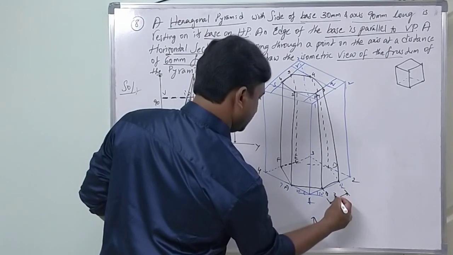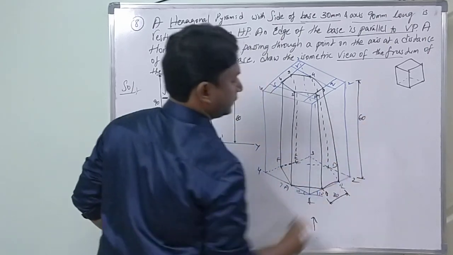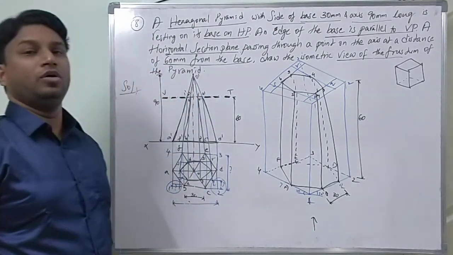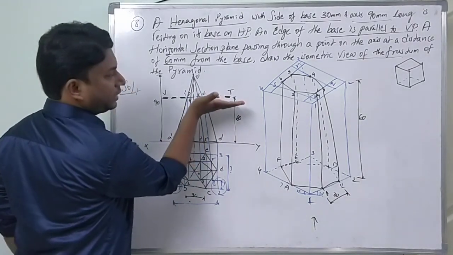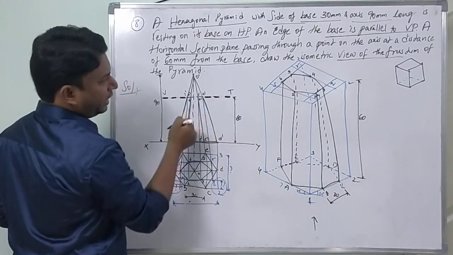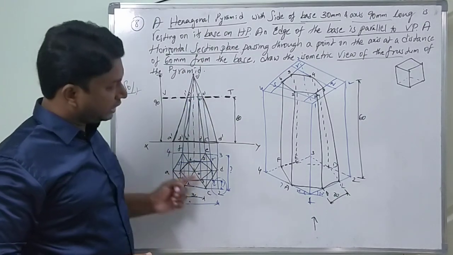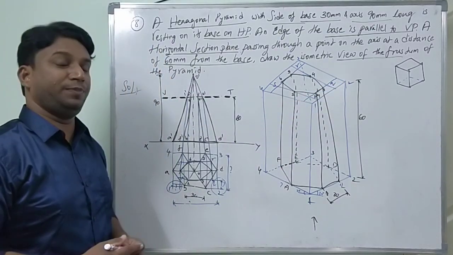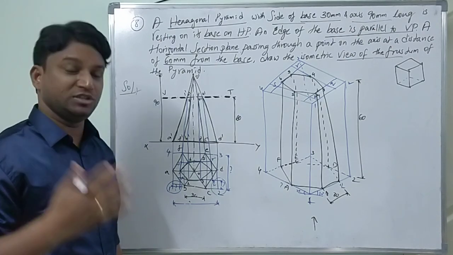Clear? Finally, just simple dimensions. What is each side? 30. Total height 60. See, like this, you can have any kind of problems with respect to height, right? In this problem, the section plane is parallel. In the same way, if the section plane is somewhat inclined like this, that incline will give different points, different shapes, and those heights will be different, right? That's different, but the concept is the same. You are supposed to apply it to different applications of problems.